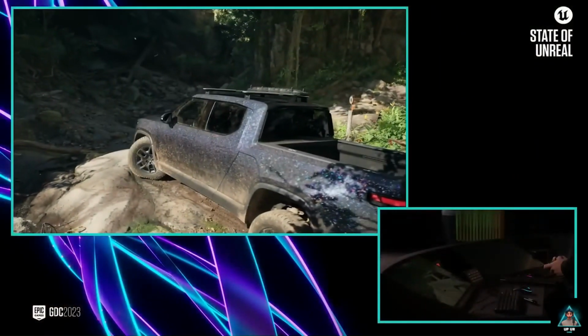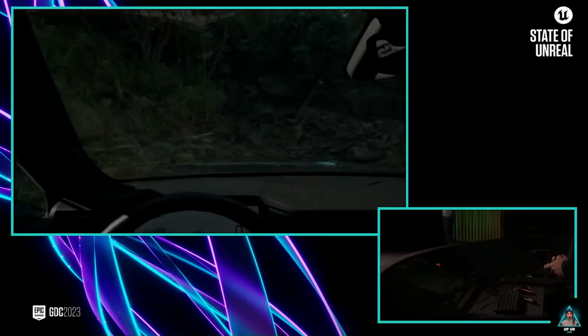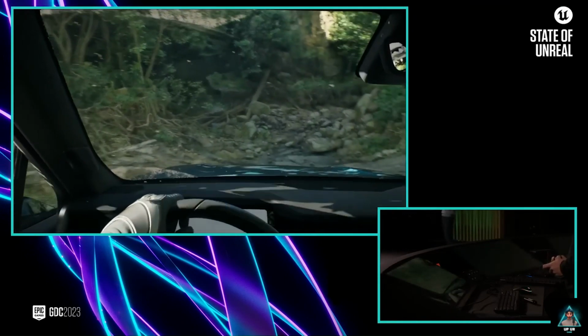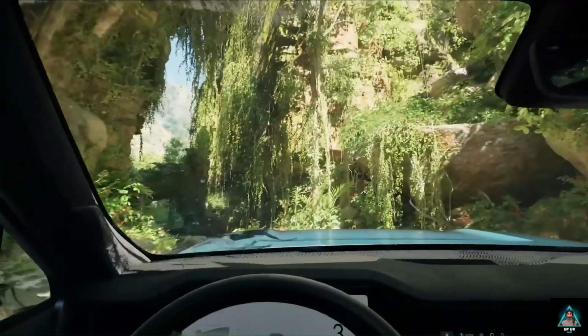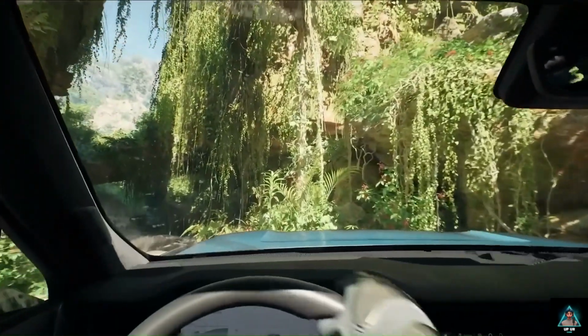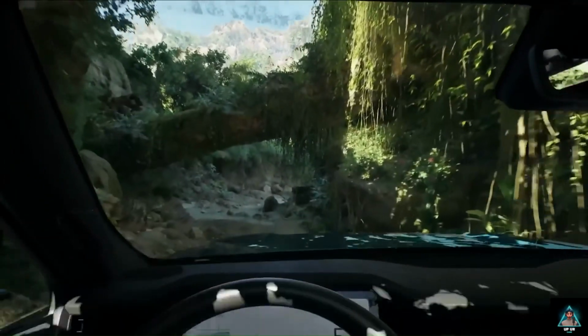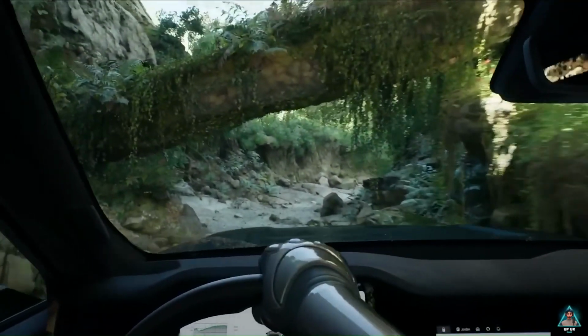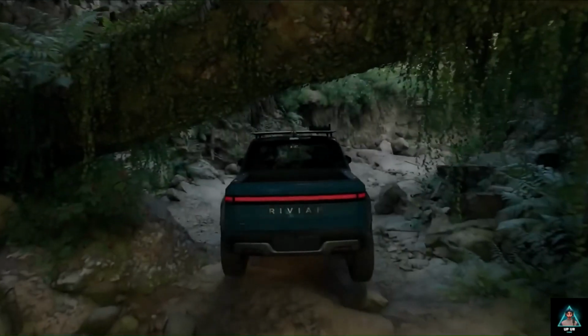All right, let's head on out, Jacob. On my way. All right. In terms of performance, Substrate materials that are similar to the current Unreal Engine shading model cost about the same. But now, artists have the freedom to author more complex materials for extremely detailed use cases, like in cinematics and in film. So we're going to drive under this fallen tree here, and everything that you've seen up to this